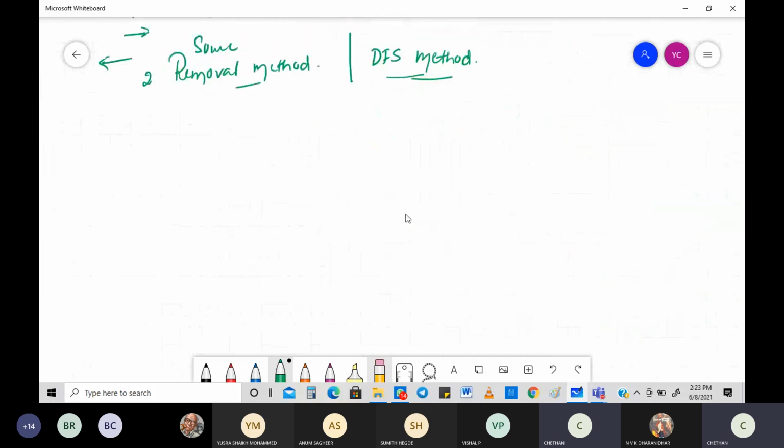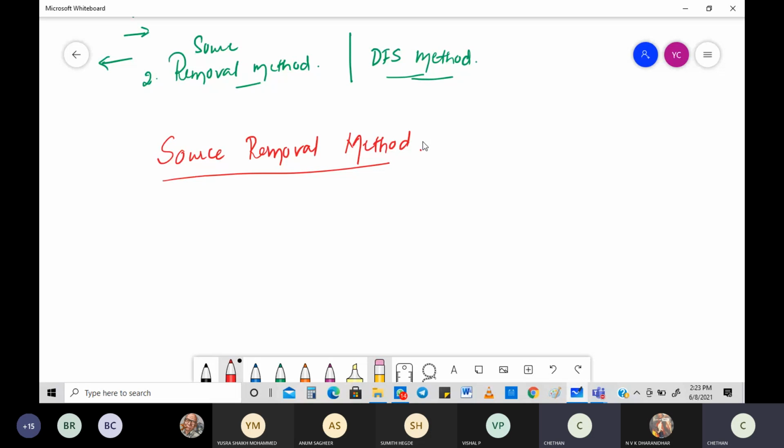What are the things to be kept in mind, and what is the way of doing it? The first method for us is known as the source removal method. Be careful, I'm talking about topological sorting. In that there are two methods: source removal method is the first one, and of course the DFS method is the second one.